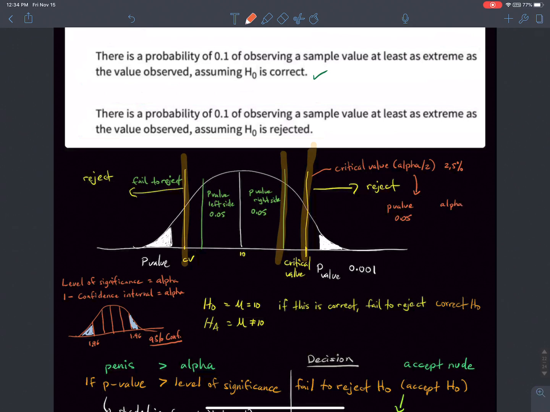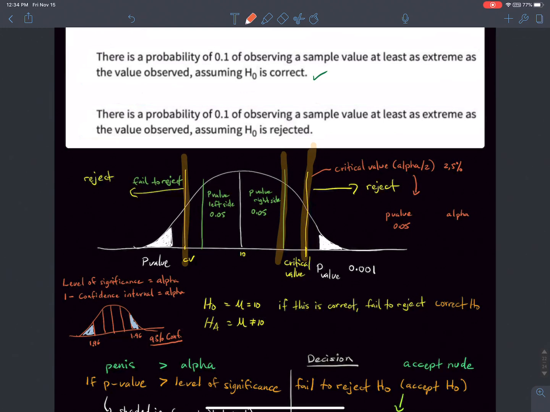This is the right side p-value, which is divided by 2 as well, so this is 2.5%,